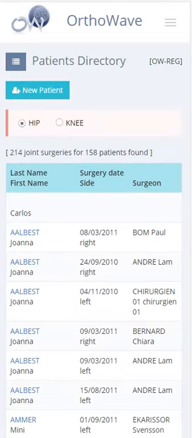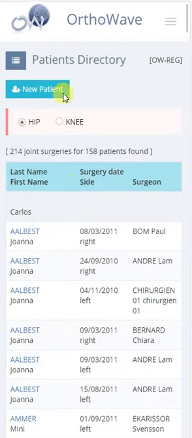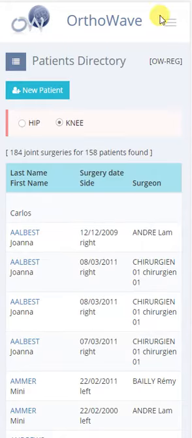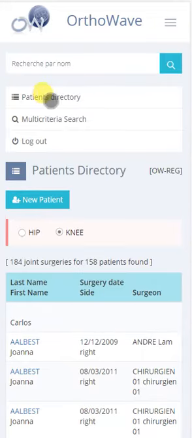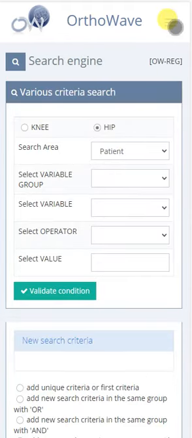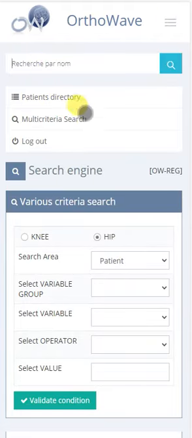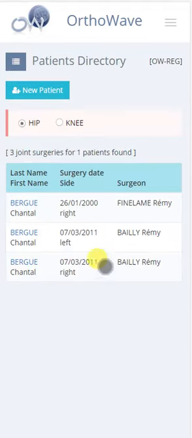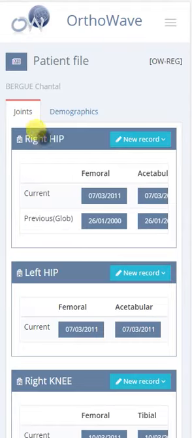The window is very similar to the previous one, but it's simpler. We again find a new patient and a directory for hips and knees belonging to the database. The same menu bar with the patient directory, multi-criteria search as usual, and also the search by name. And if we again type the patient's name, Berg, we will display the 3 forms related to this patient